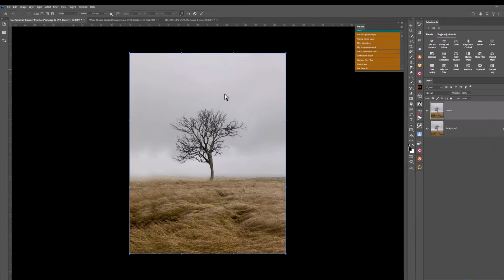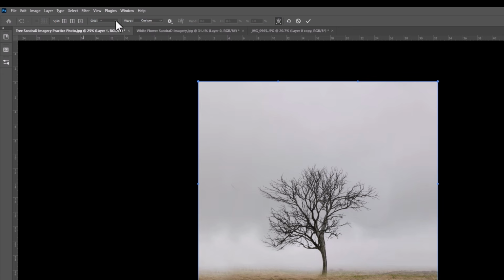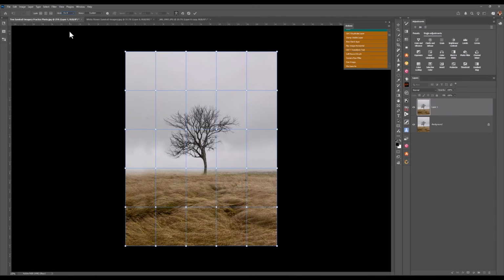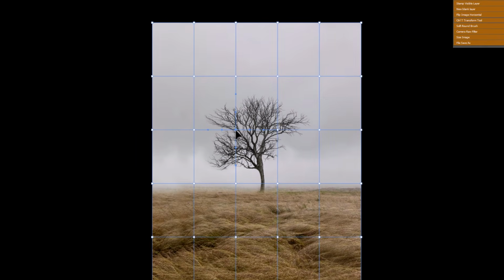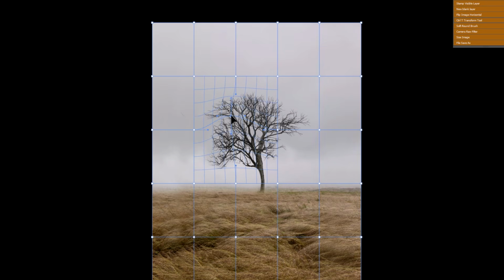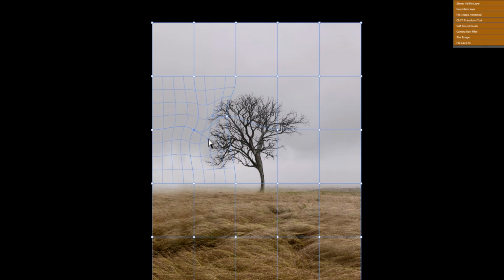This is how I use warp, and it makes it easier for me to see what I'm actually doing. I've got different choices up here, but what I like to work with is a grid 5x5, and that puts a grid onto my image. Let's have some fun. I'm going to come here, click on that white handle. You'll see then it converts to blue dots on the line. I'm just going to click and drag. How do I want this tree to be distorted? I'll come down here, click on this blue dot, do a little bit of adjusting. I'll come over here, click on this dot,